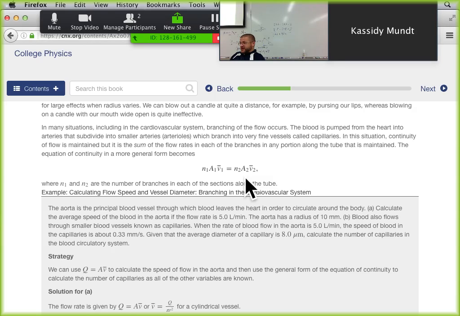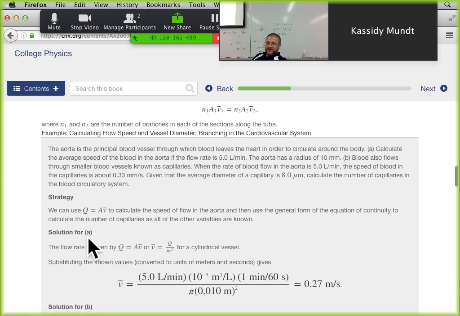Because of the n in there, it actually could be even. It could be slower, could be faster, could be the same. So you got to be careful because that n changes everything. For example, if the area of your capillaries is 500 times smaller than your artery, and you have 500 capillaries in one artery, then it would be the same, right? So you have lots of different things.